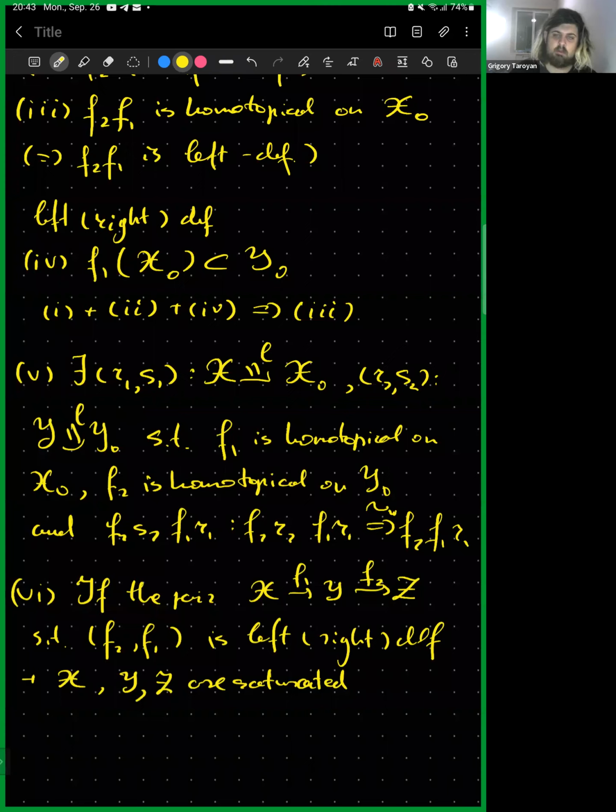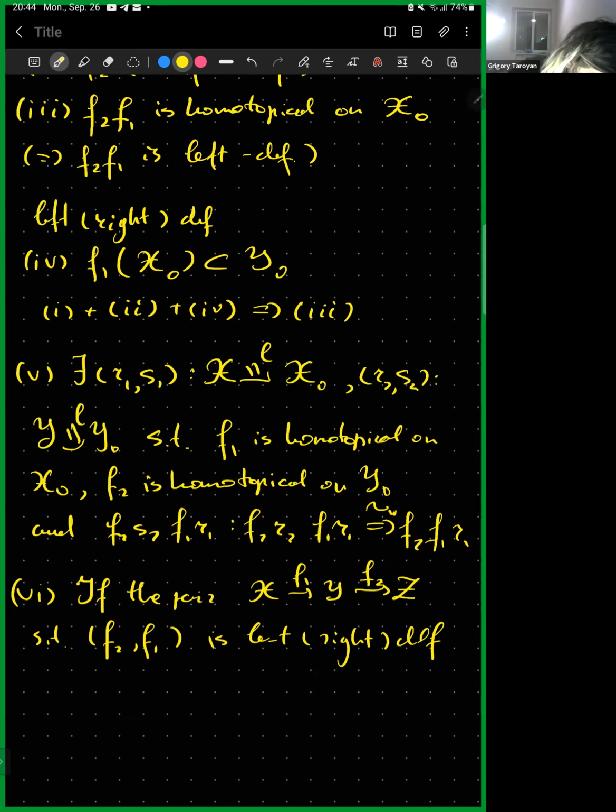So if this is the case, and the pair is locally left or right deformable, then it is just left or right deformable, and we don't need the straightness condition. So assume that we just have a left deformable pair,